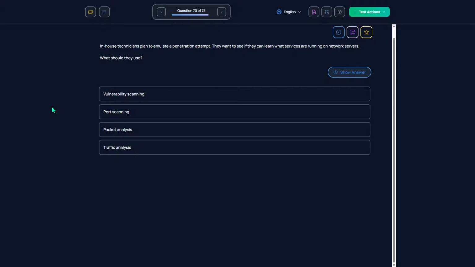In-house technicians plan to emulate a penetration attempt. They want to see if they can learn what services are running on network servers. What should they use?